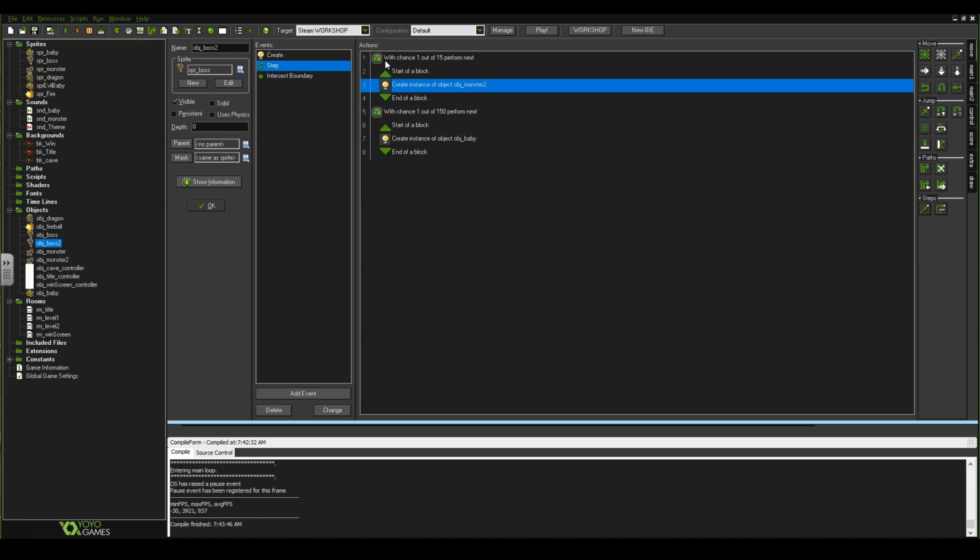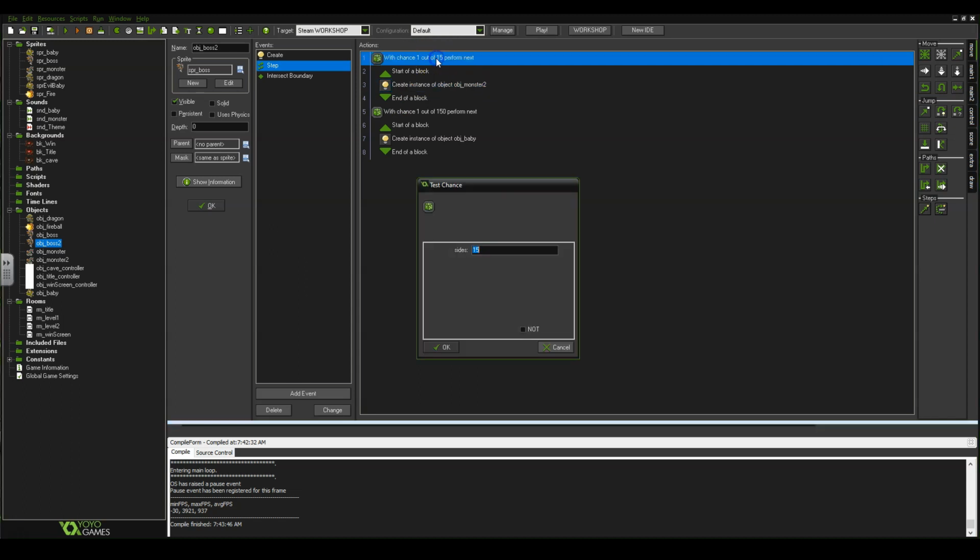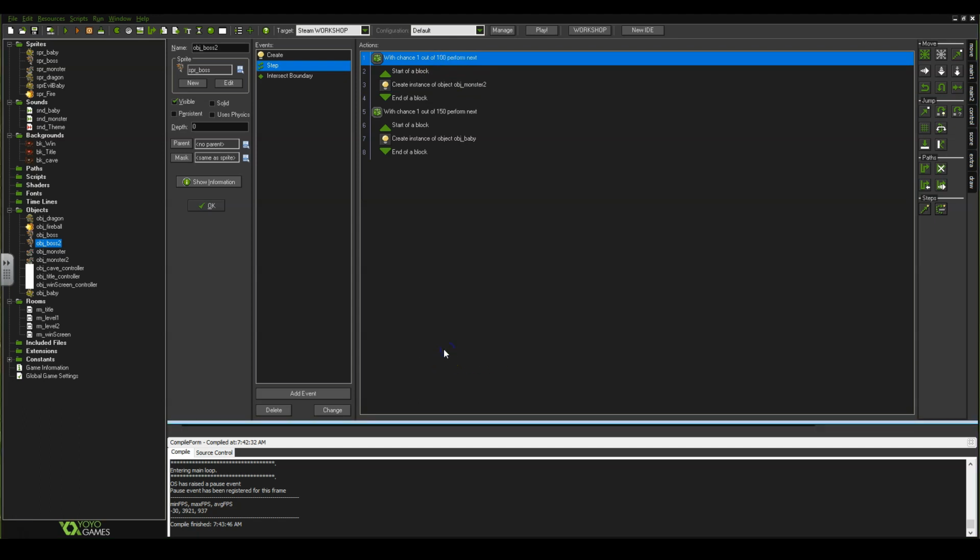Again, changing the numbers up right now, you might not want to have 1 out of 15, because now they're going to fire off pretty quickly. So just for testing purposes, okay, this is a strategy that we can use. This is probably something that I should have done before. Just for testing purposes, I'm going to change this chance to 1 out of 100. Oh, actually, yeah, no, let's try that. 1 out of 100, and then I'm going to say okay on that,